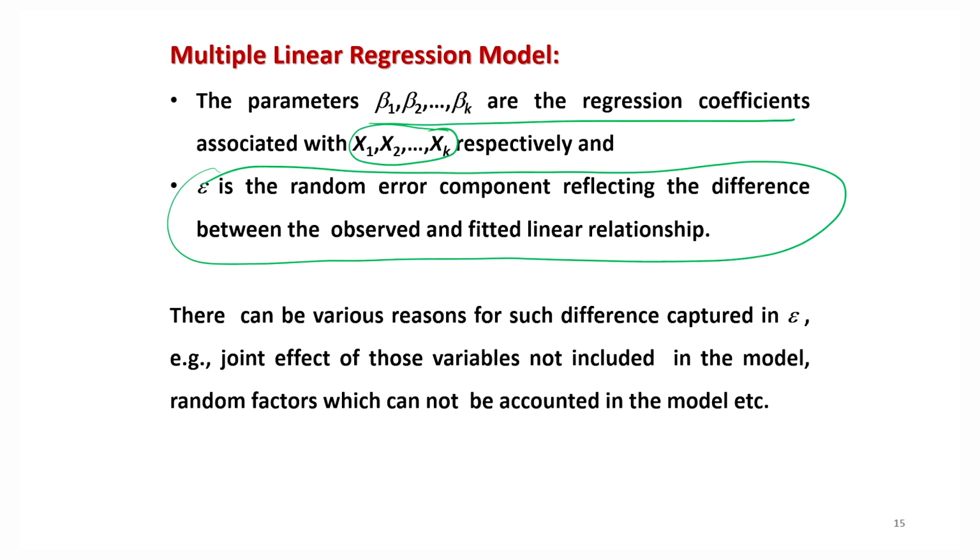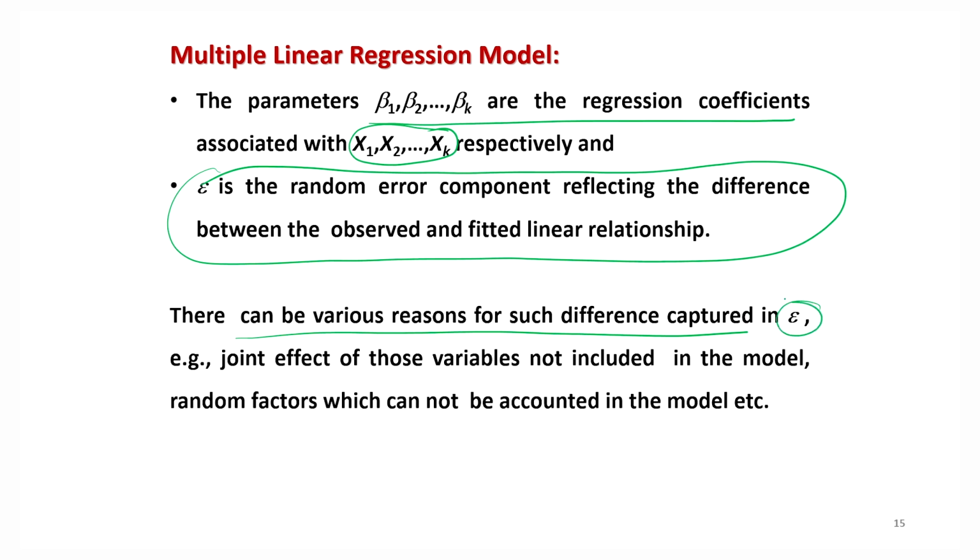That means whatever you are observing, and corresponding to which you are trying to obtain the same value of y based on the inputted data set, input variables, you then try to see why this difference is coming. So epsilon is taking care of all such issues which we cannot handle ourselves. For example, there will be many variables which we understand, but we cannot capture the data on them. There will be some variables which contribute only a small amount in explaining the variation in y. So there can be various reasons for such differences, which are captured in epsilon.